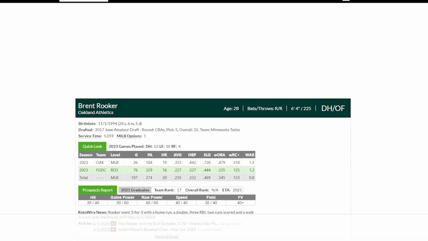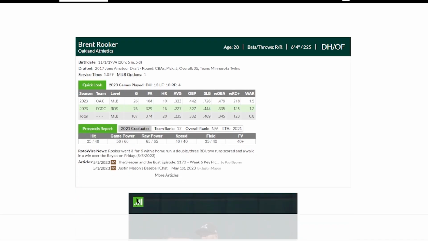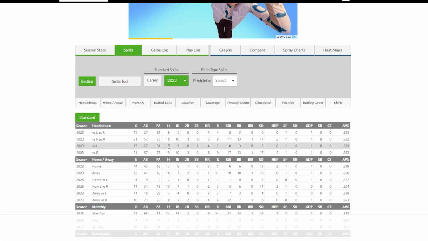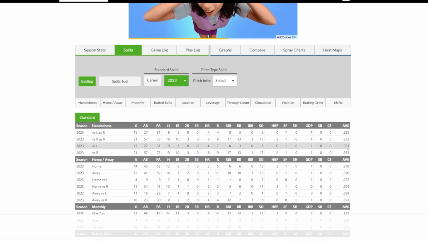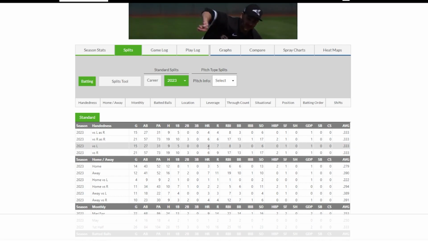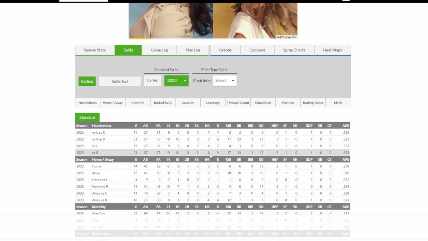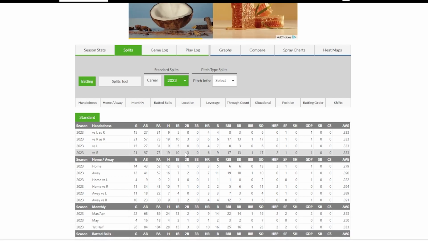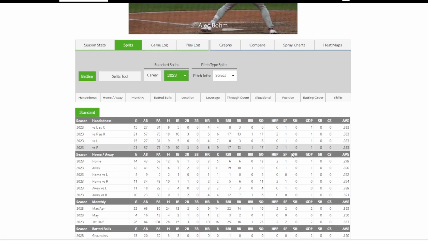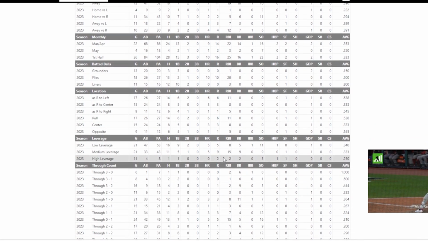But let's go ahead and take a look at Rooker. So once again, we'll go to his splits. I think that's going to give us he's batting .333 against lefties and .333 against righties. He's got 4 home runs against lefties, and he's got 6 home runs against righties with 3 doubles on top of it versus righties. His clutch is only at 39, so let's go down and look at